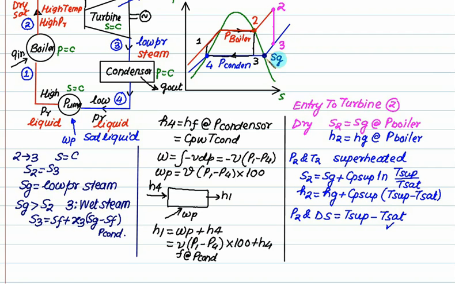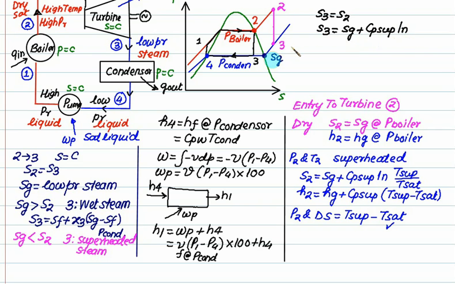So in this case, is Sg at low pressure lower than the value of S2? So if Sg is lower than S2, you conclude 3 is superheated. So S2 is the same as S3, and S3 equals Sg